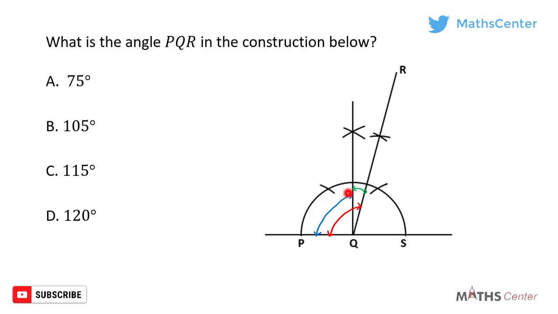The angle shown with blue, as you can clearly see, will be 90 degrees. So this one here is 90 degrees. And then we have to look for the one shown with green. From this point to this point is 60 degrees. And this 90 degrees line